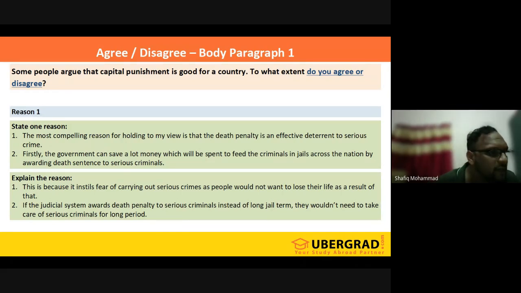MD Kalandar has already given: In addition, the criminals who intend. Why did you add in addition, buddy? Because if you're giving the second reason in body paragraph 2, then in addition should be used, or moreover. But when you're starting body paragraph 1, you can start just like that. You can start by saying, one of the reasons is, or, firstly, I would like to talk about. Okay, you can say that too. And here also it's stated, right? The most compelling reason. You can just start like that. Okay. Firstly,